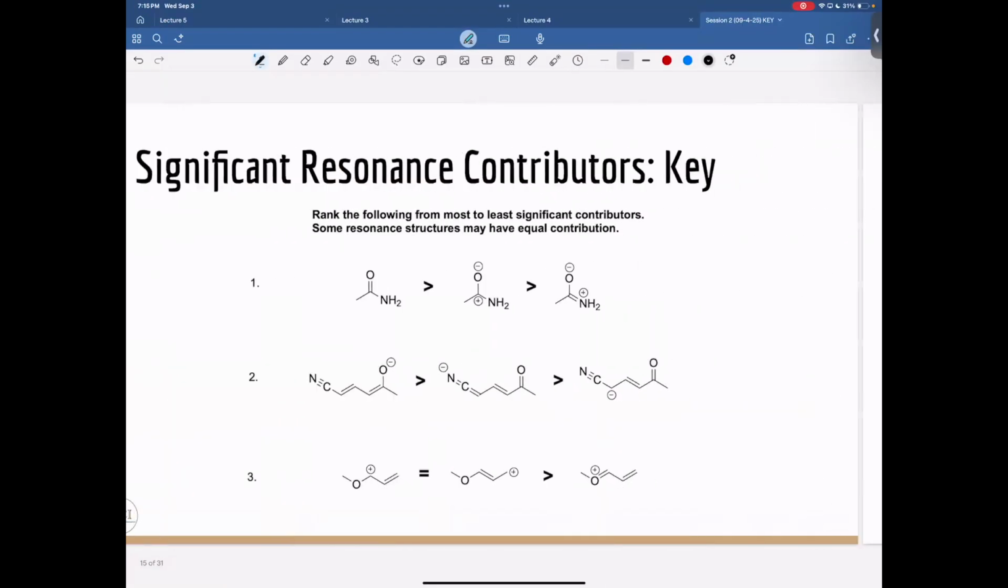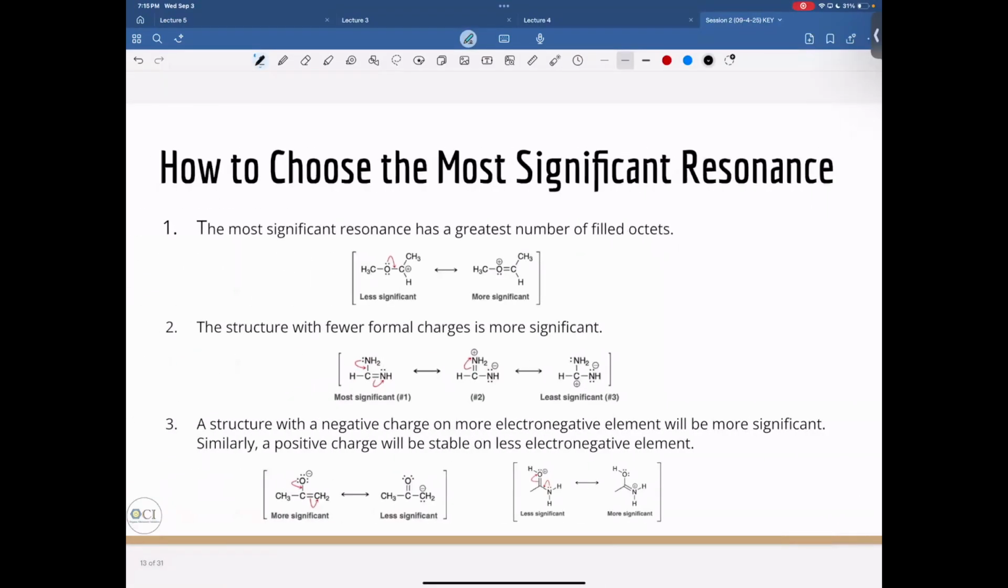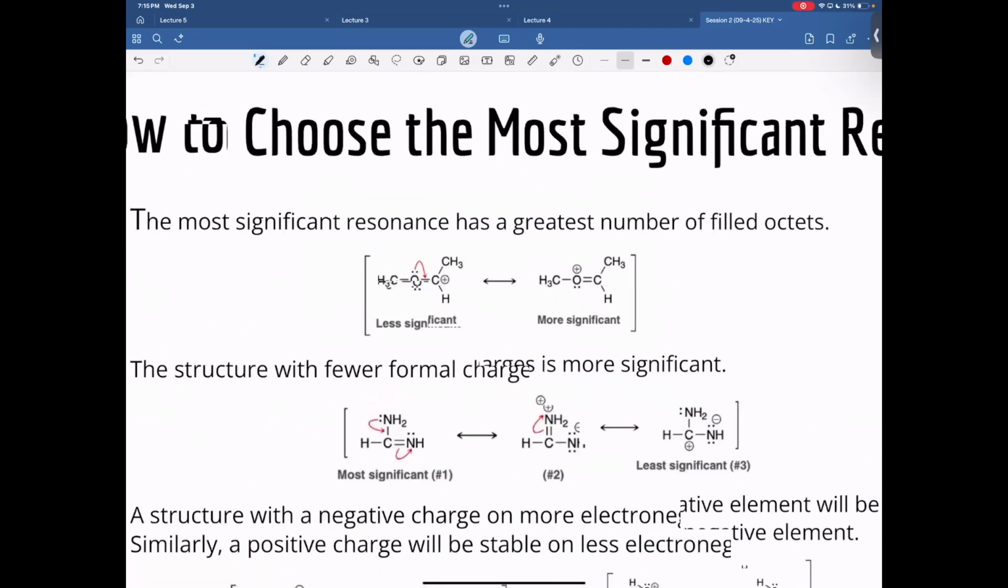This is the last subtopic on resonance, and it's being able to identify which of the resonance structures is most significant. You just follow these 3 points. First point, the most significant resonance structure is going to have the greatest number of filled octets. So if we look at this example here below,